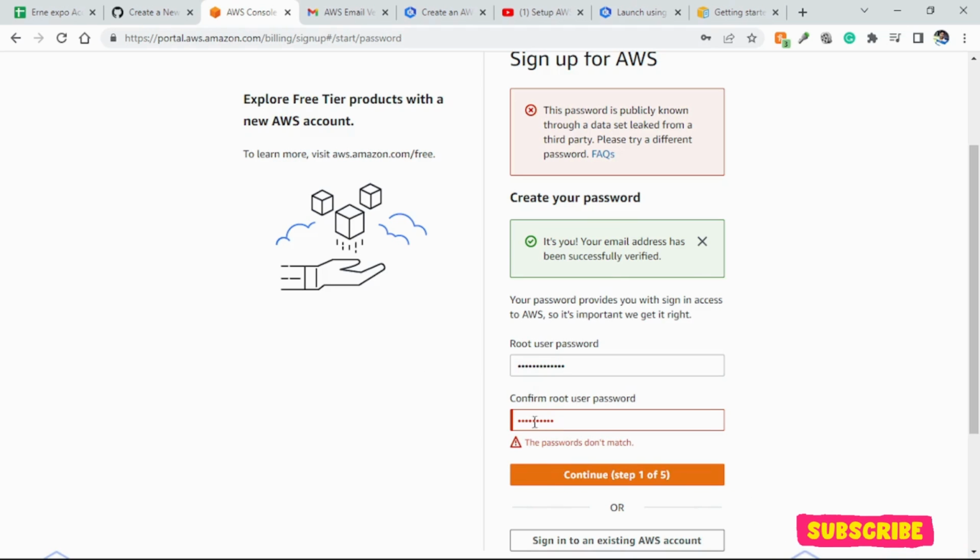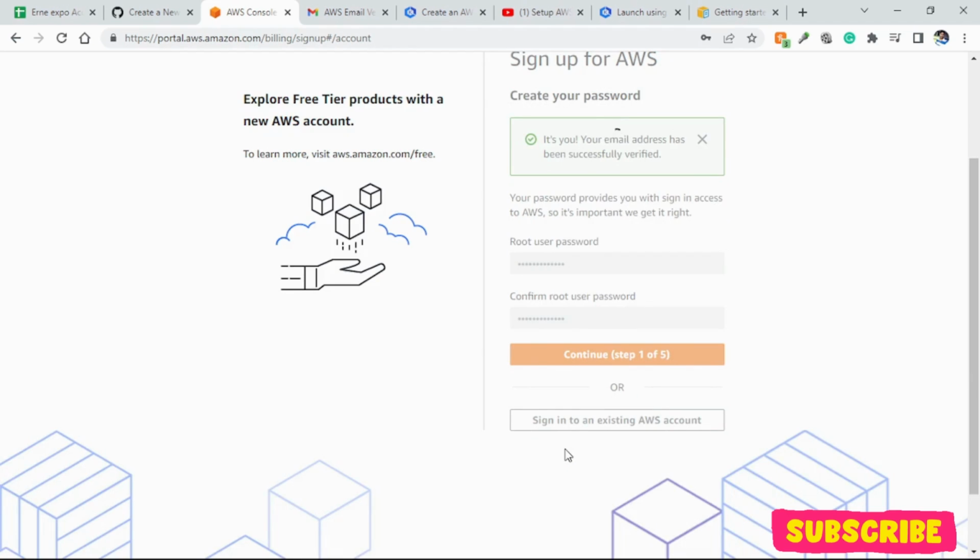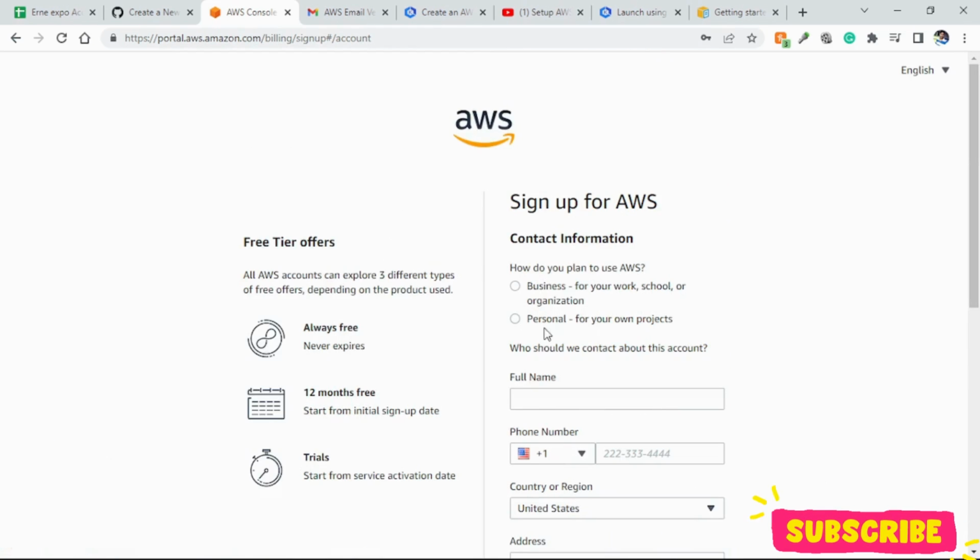So always choose a better, strong password which is not leaked and which many third-party guys don't already have, otherwise your cloud account gets hacked. So let me try with a new password. Yes, it is done. Now, if it is for a business purpose, you can select business,